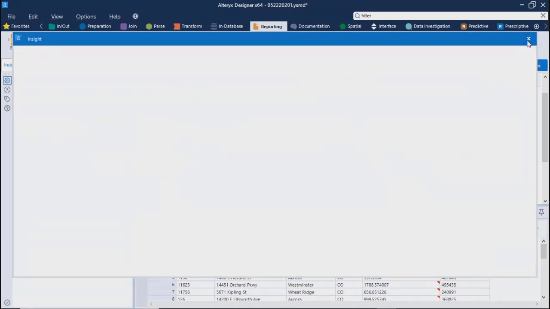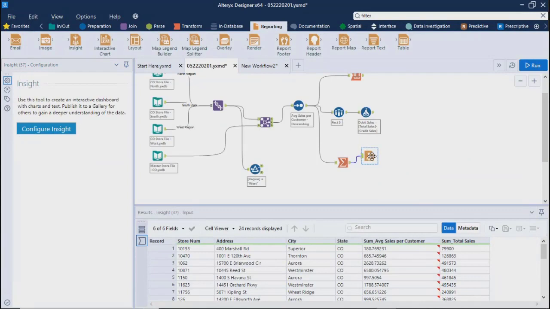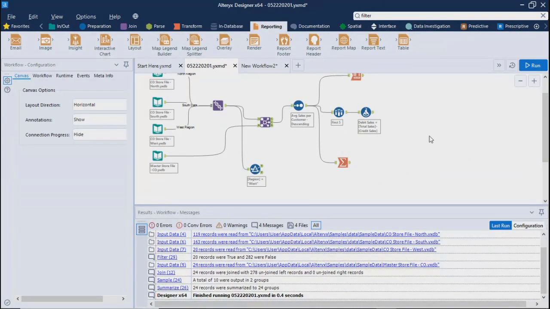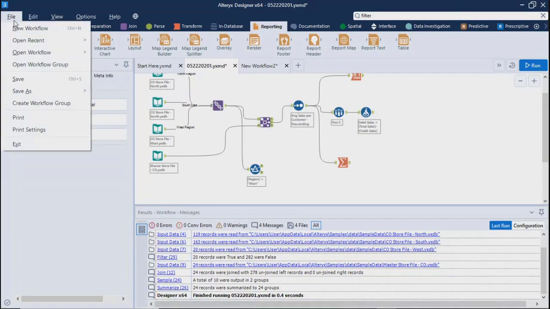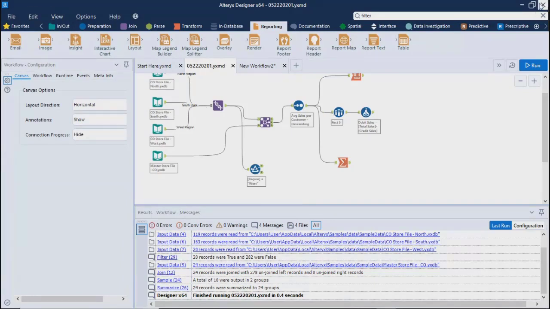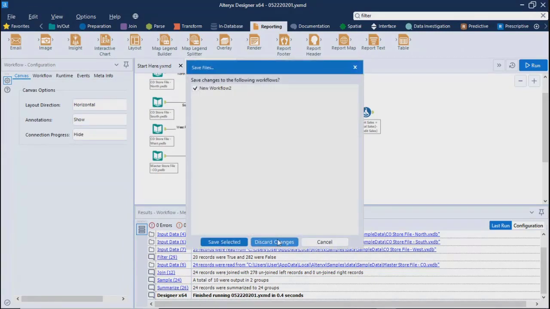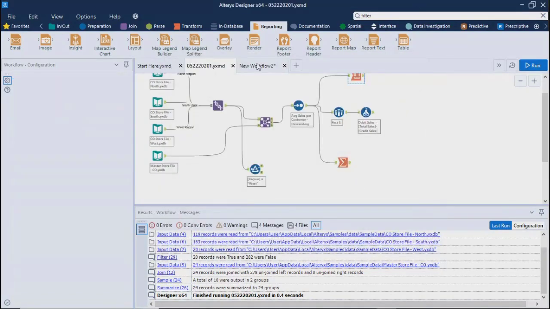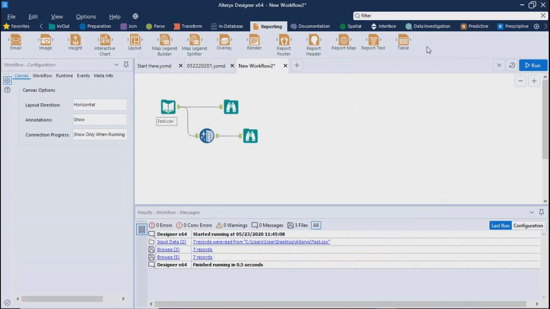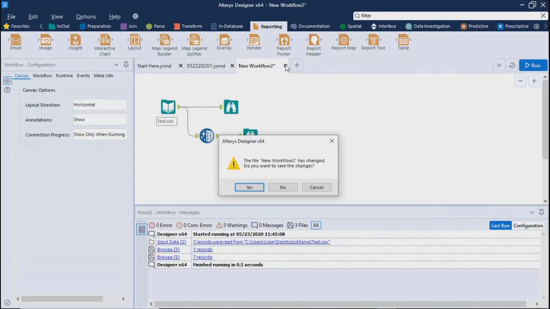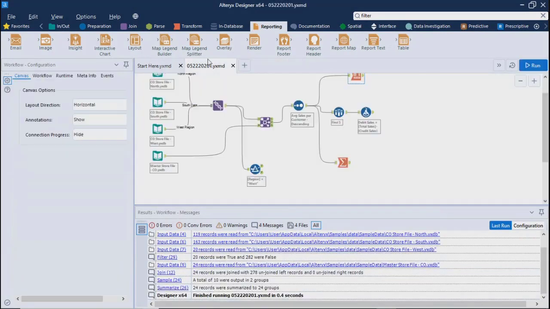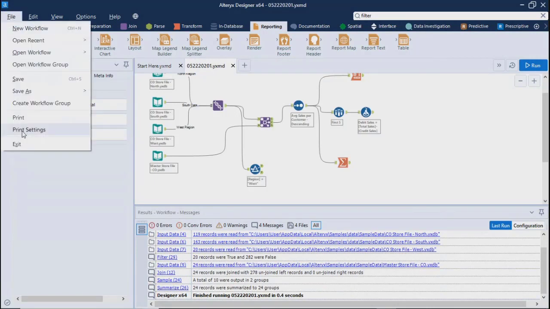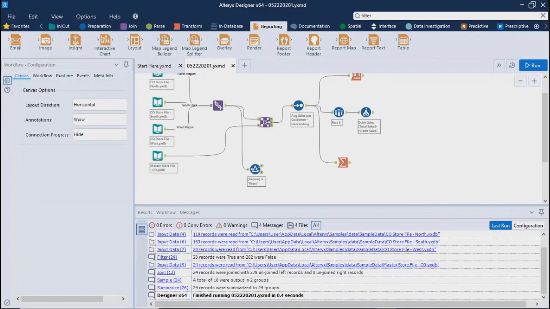If you get this message, you need to close everything completely and then open again. I hope that solves the problem. New workflow, I don't want to save. New workflow has only these two components. Cleaning, save, close.